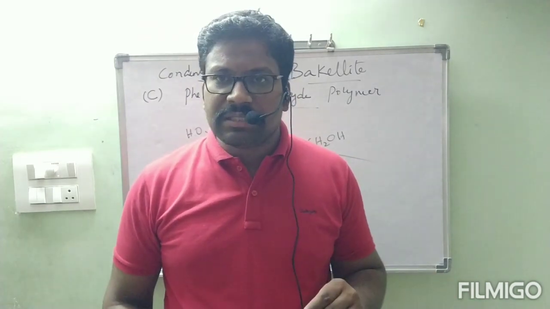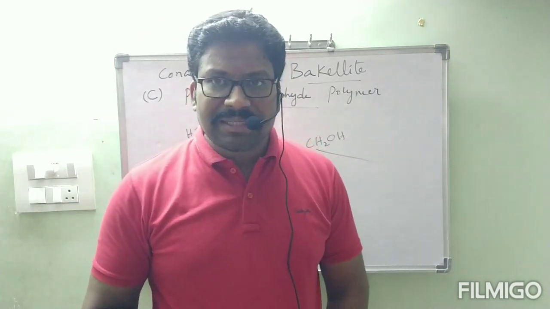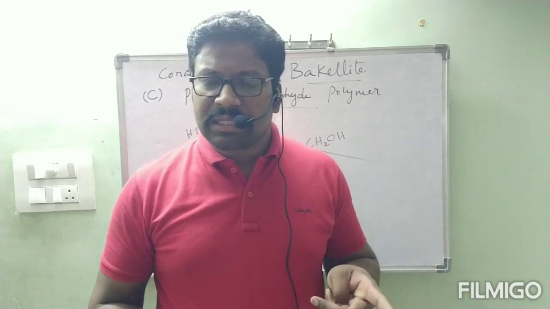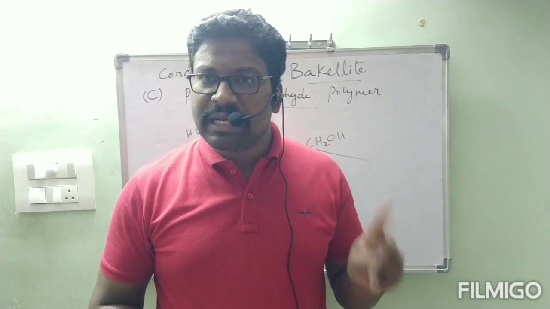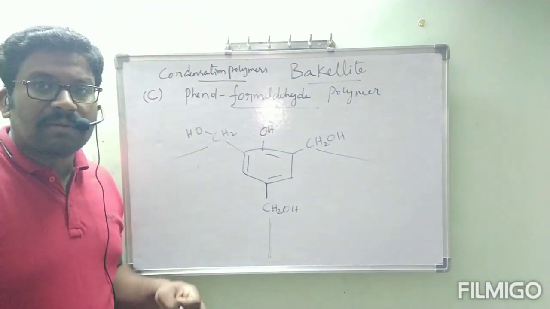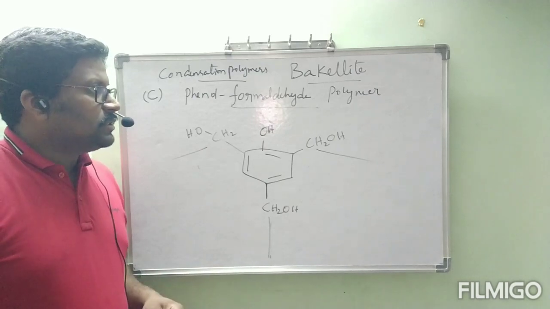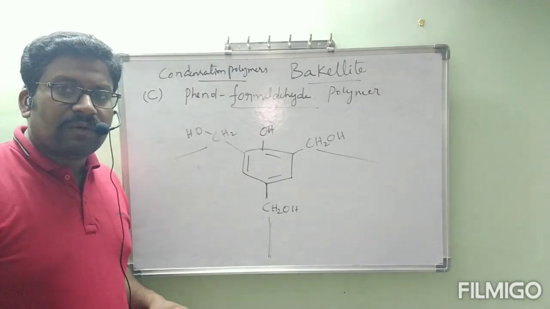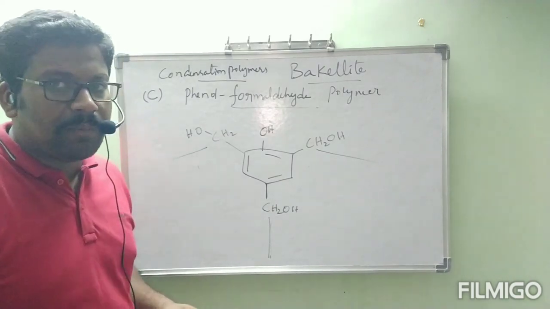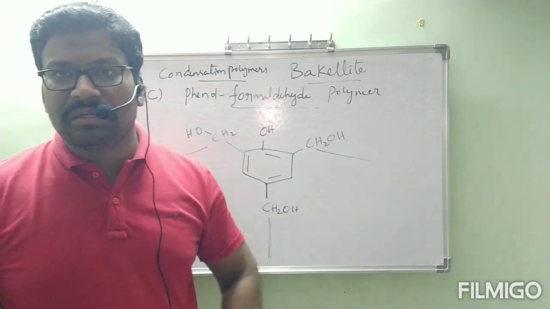Now we kept the side heading condensation polymer. Under condensation polymer, what are the examples we have seen? First, polyamides. Under polyamides, nylon 6,6 and nylon 6. Second one, polyester. Under polyester, we have seen one example, that is terylene. After that, next, this is C, phenol formaldehyde polymer. Under this phenol formaldehyde polymer, NOVOLAC and bakelite we have seen. Next, one more thing is there, that is D, under condensation polymer, melamine formaldehyde polymer. In the same way, that is also simple. After completion of that, we will see the next topic.